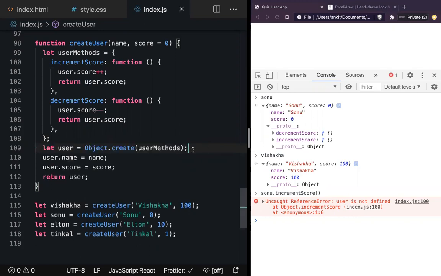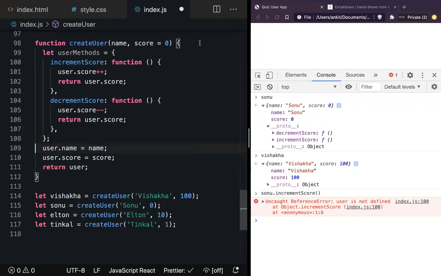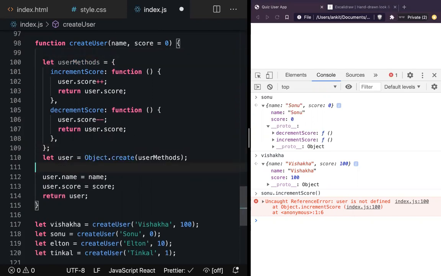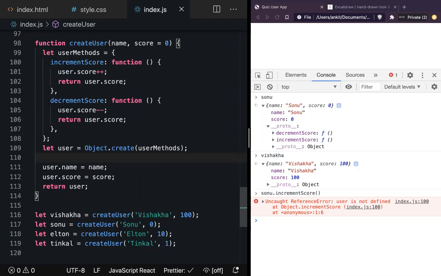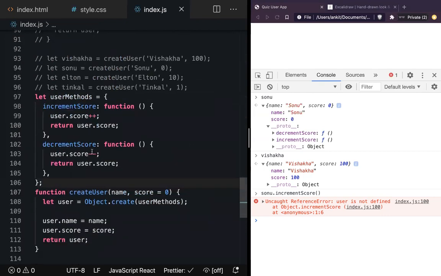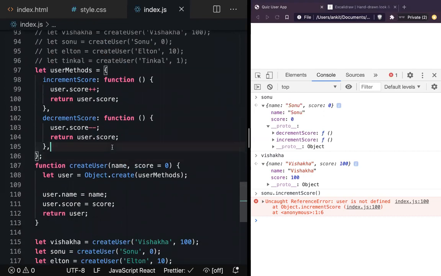And we might think, why not move this line from here to somewhere here? Then you will be like, but how can you do that? Because now username is not defined, so you cannot do that. So this is a chicken and egg problem. If you move it outside, that is not working. If it goes down, it is not working. The simplest way is, if we move it outside, it will not work no matter what. It is not working inside either, so I'm just moving it outside. The reason it is not working is that I'm creating the object and accessing that object inside this function, and it doesn't have access to that object now.